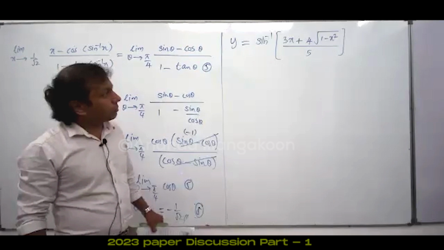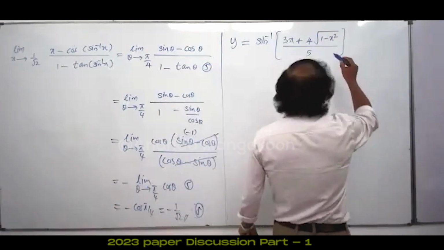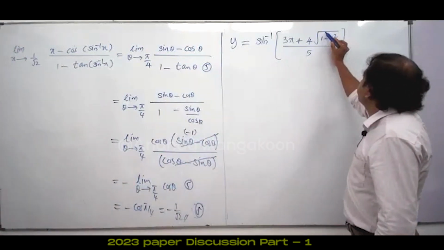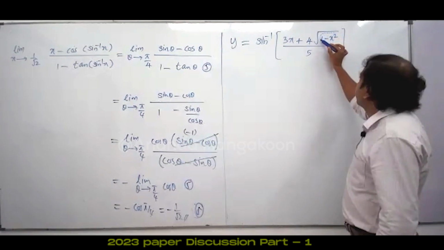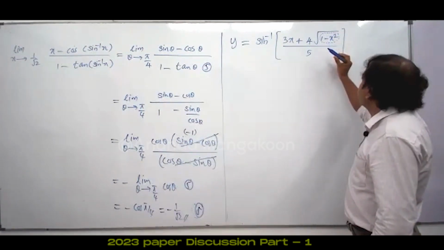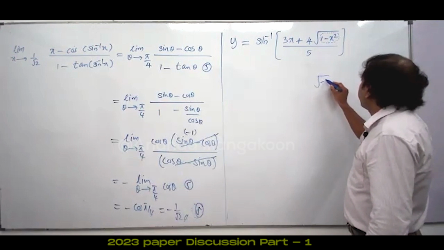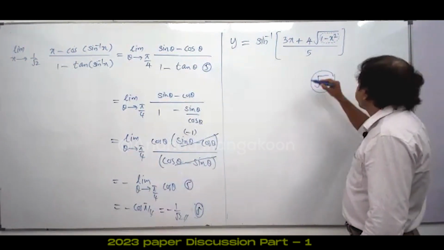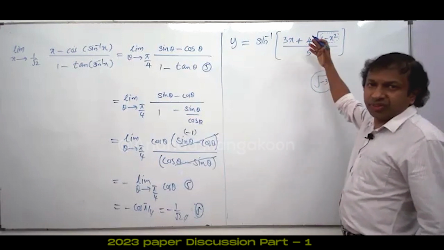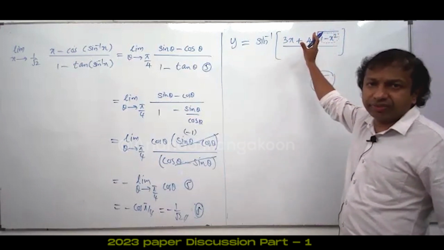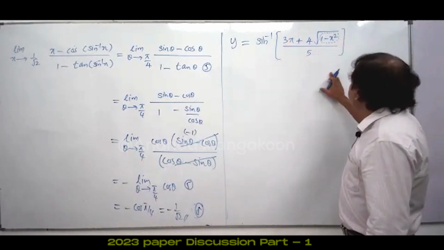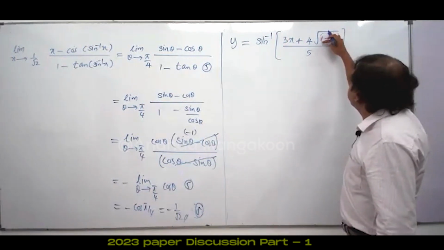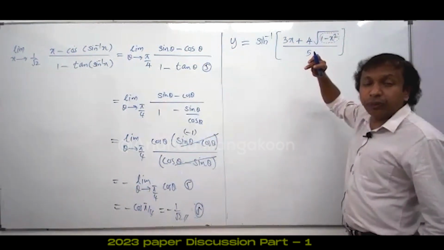People, you know, here this 1 minus x squared part should be positive. If this is negative, it's like square root of minus 3. This is imaginary. Then this question is really not valid. To express this question, 1 minus x squared should be positive,